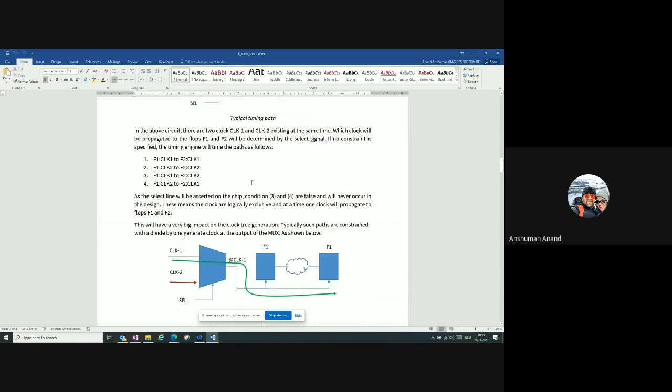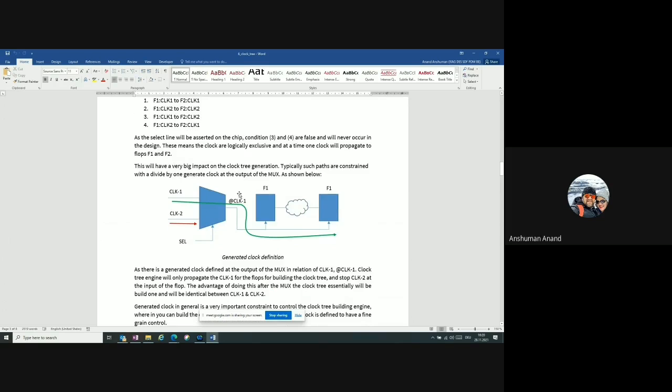So now how do you do that? Now you have to do a single mode clock tree, and you don't have to put a select signal here saying that select is equal to 1. Typically what you do is you then work with generated clocks. Okay. Now I say that at the output of this mux, this is a clock. The output of the mux is a generated clock. We represent this by an @ sign